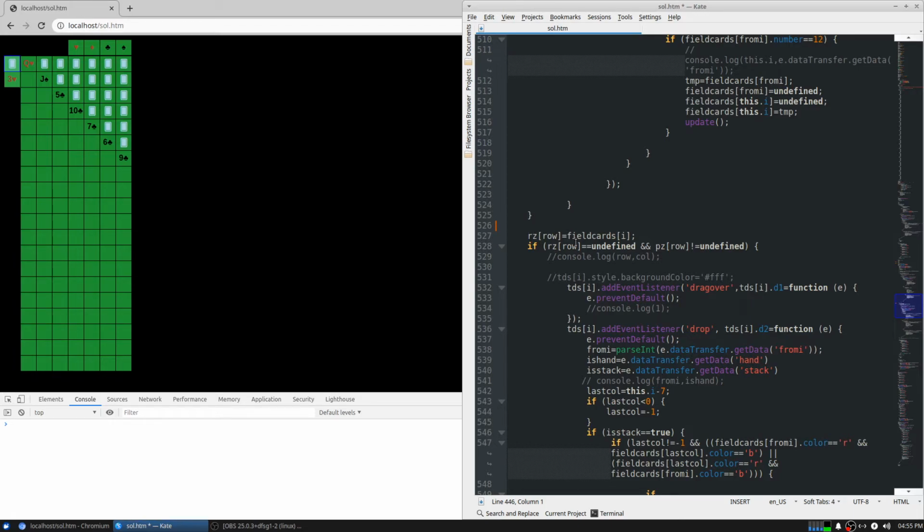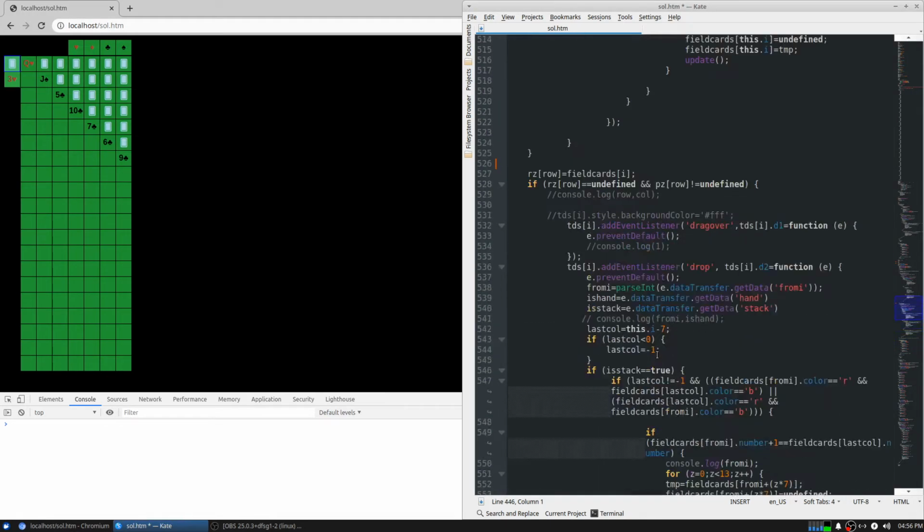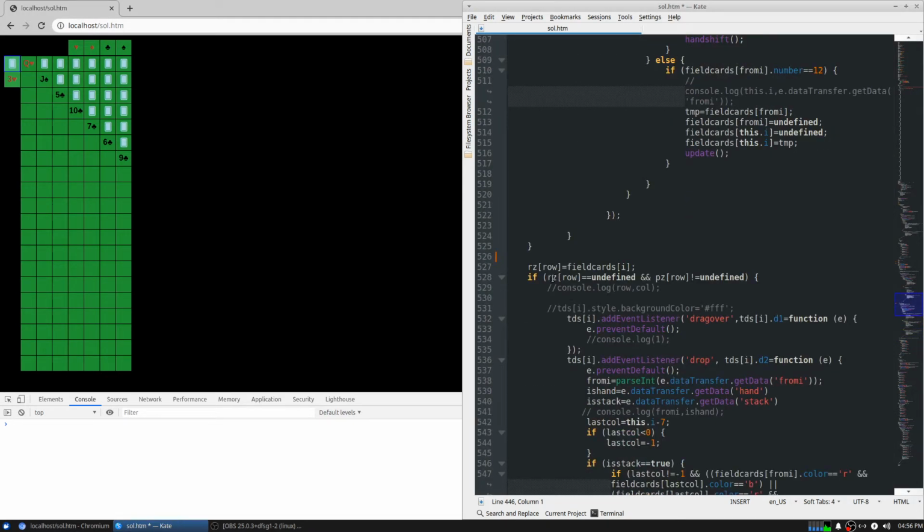So it takes the current row, the row that you're currently on, and then at the end of this loop, this is actually the previous row that you were on, because it's setting it before and after the loop, two different variables. So if the row that you're on is undefined and the row that you were last on is not equal to undefined,